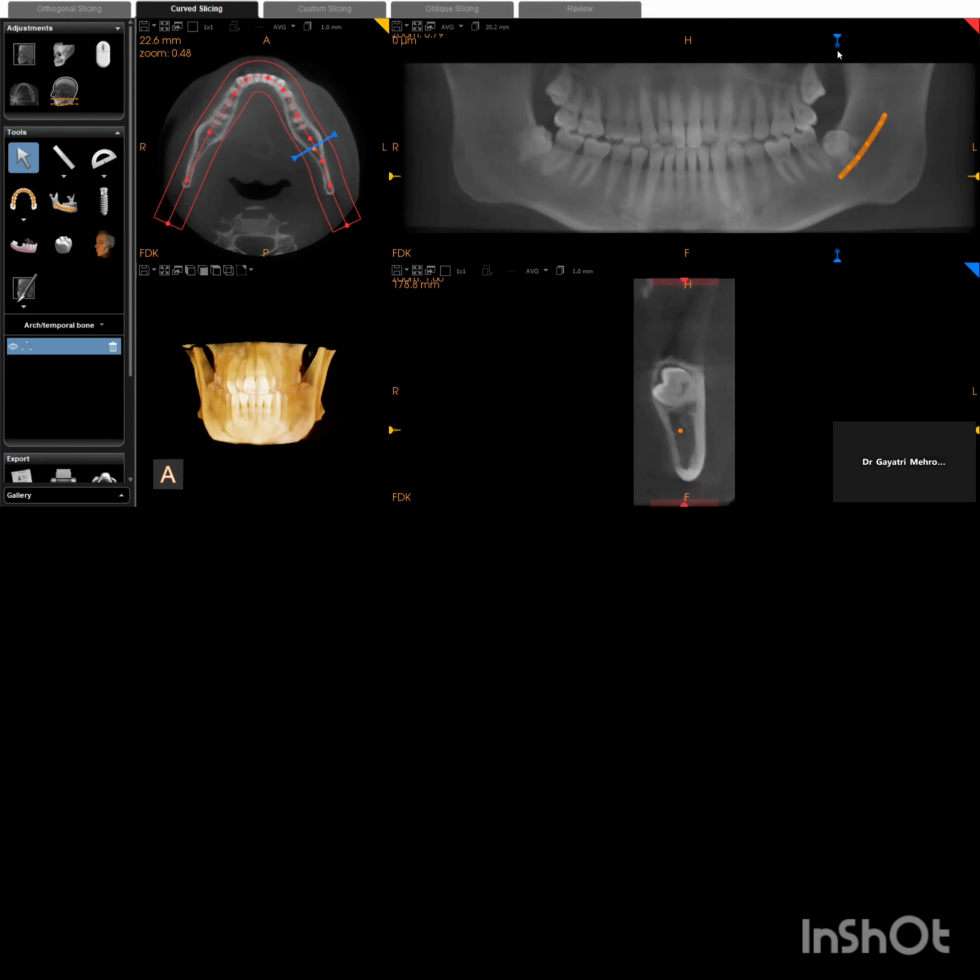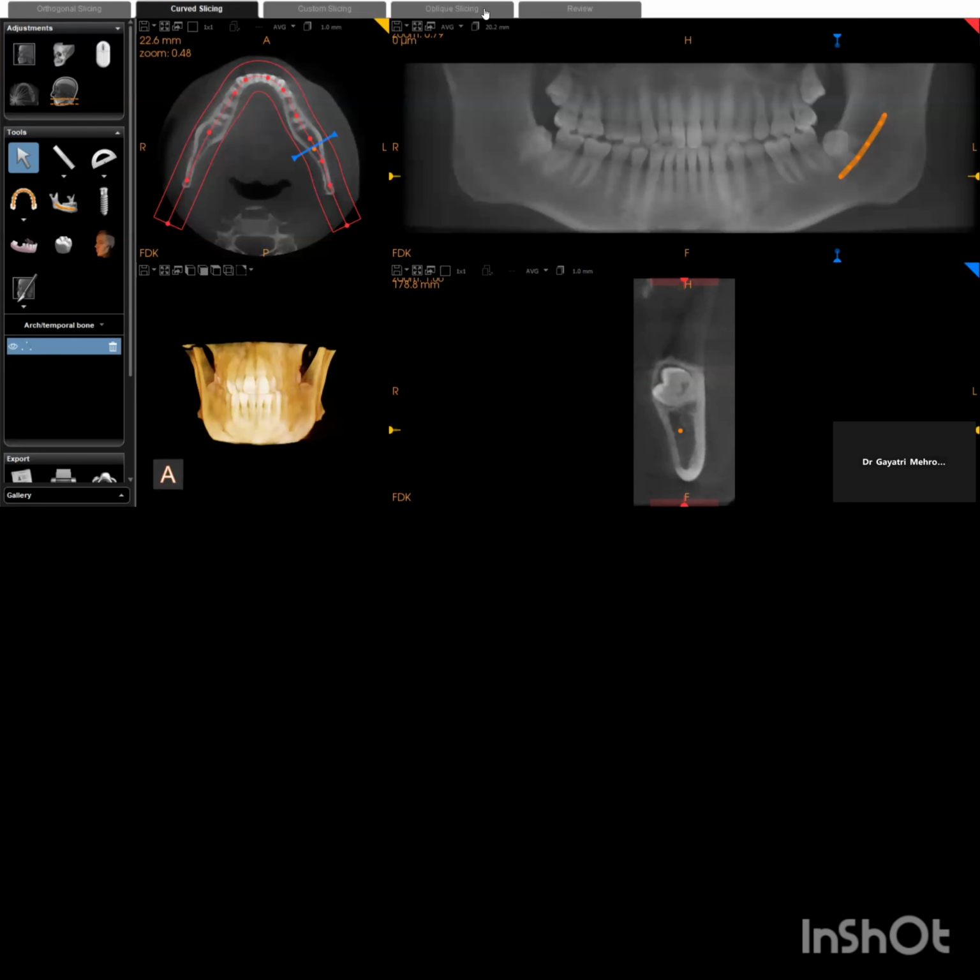So your complete knowledge today about the impacted tooth will help you to deal with this case more properly for your surgical approach, and somewhere or the other it's going to be beneficial for your family members as well. Okay.